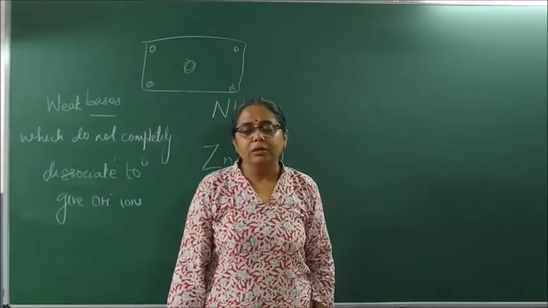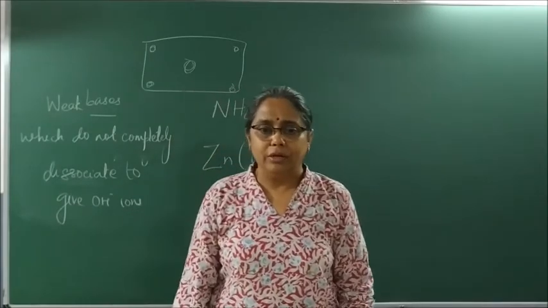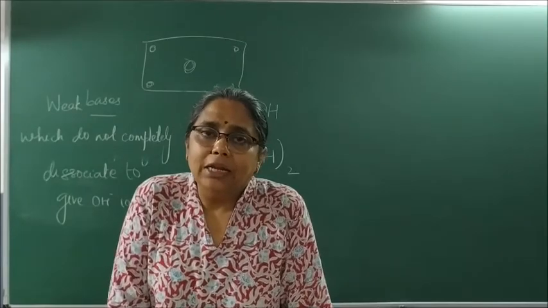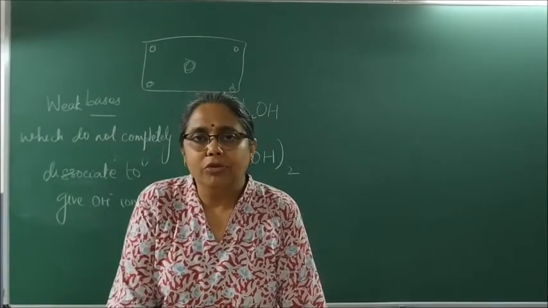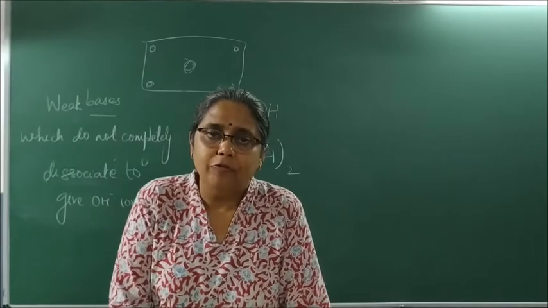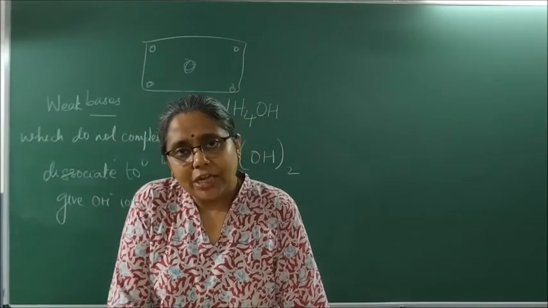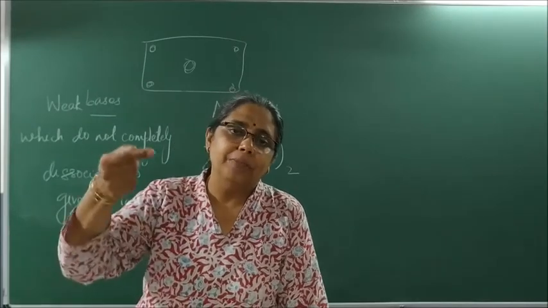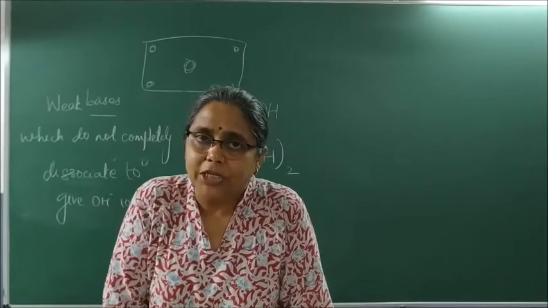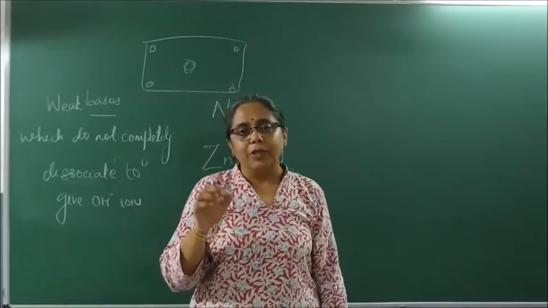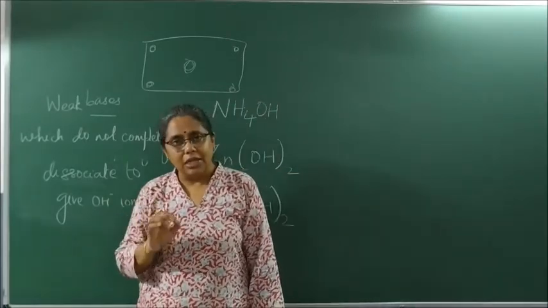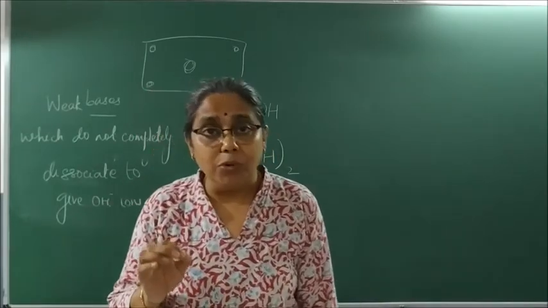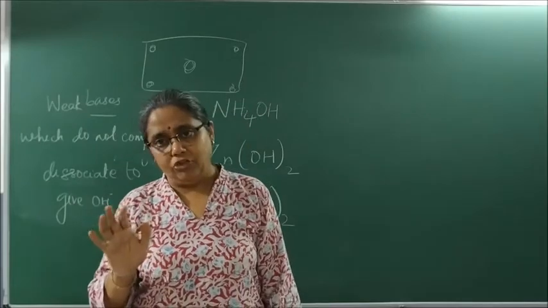How do we check the pH of the soil? It is very simple. You take 2 grams of soil in a test tube, add about 5 ml of water to it, nicely shake it and then filter it. In that filtrate, take a piece of universal indicator or pH paper and put it. If that paper turns red, it is acidic. If it turns green, it is neutral. If it turns blue, it is alkaline in nature.